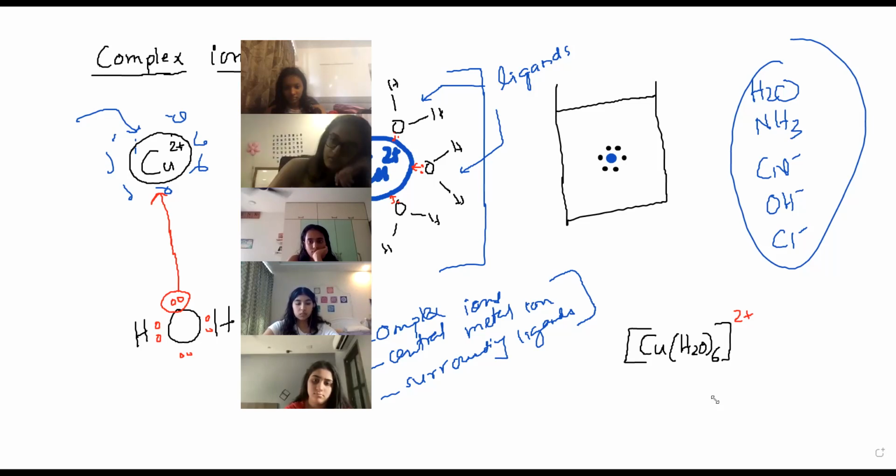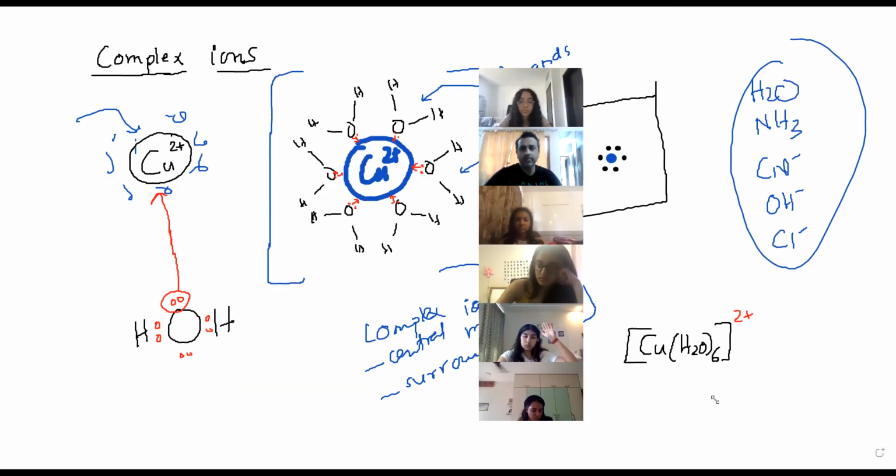Any questions to be asked? Yep, Vaishali. Sir, do you have to figure out how many ligands are there, or will it be provided to you? No, that is something that you're not supposed to know. That they will provide. Because in this case there are 6 ligands. In some complexes there are 4 ligands. In some complexes there are 2 ligands. You're not supposed to have knowledge of that.